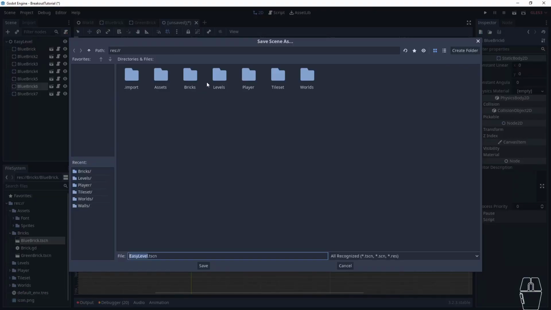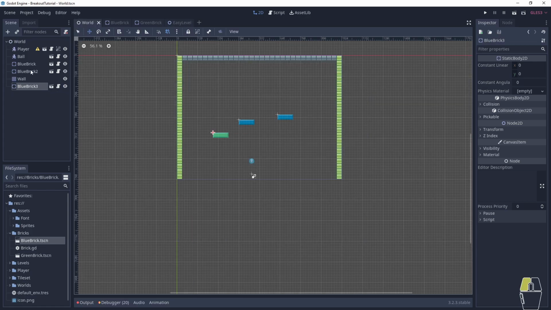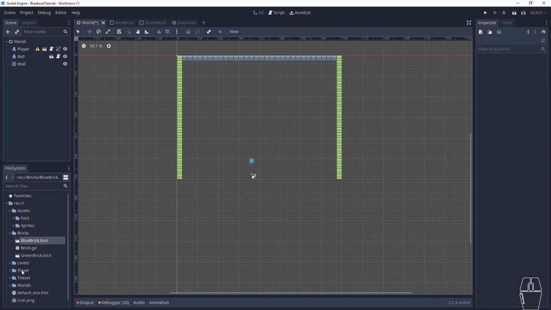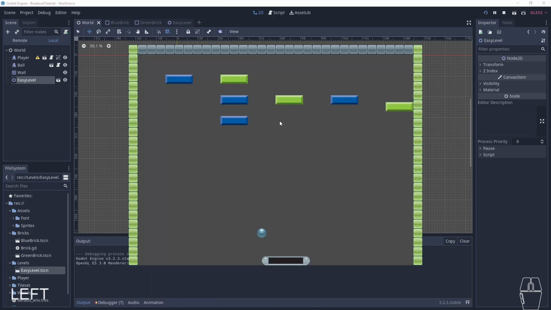Okay, so we can save the level in the easy levels, and then in our world we're going to delete with control. In the left click we select multiple and delete all the bricks, and then we're just gonna drag and drop our level, guys. Let's see, let's leave it like that, or maybe, yeah, just align it here. Then we save, and there we go, guys. We have our first level